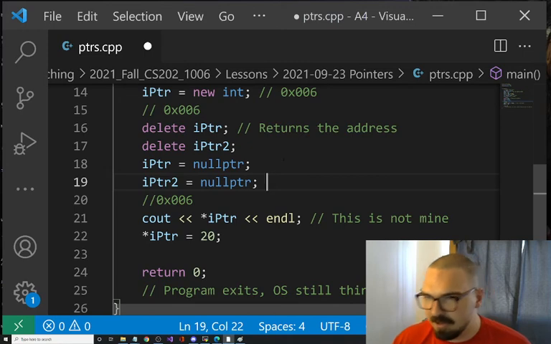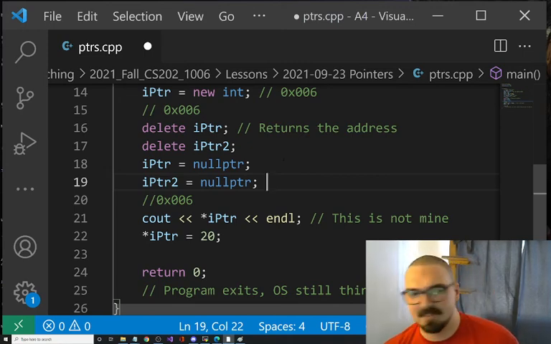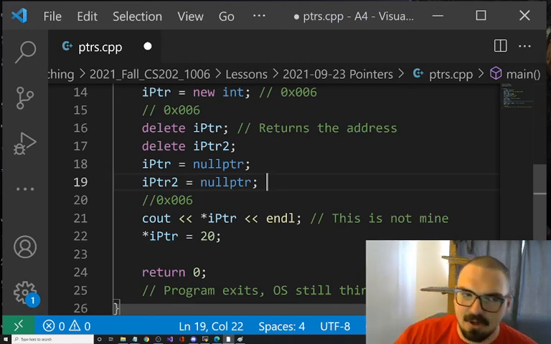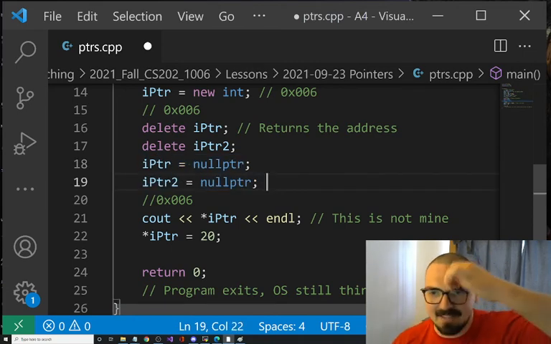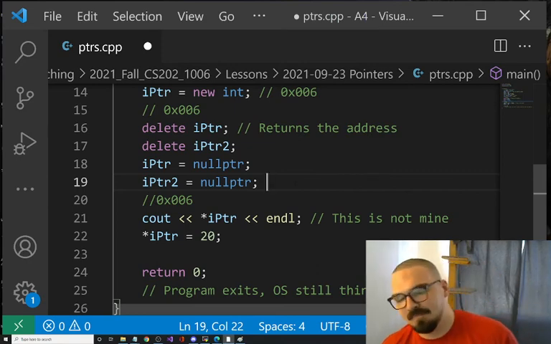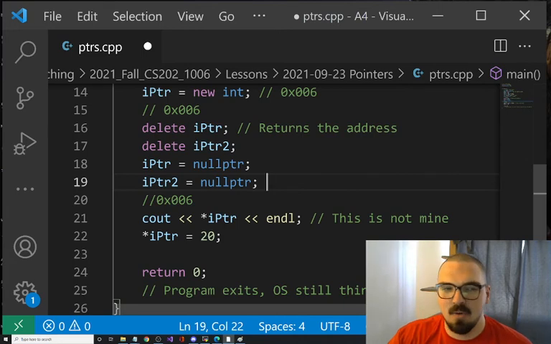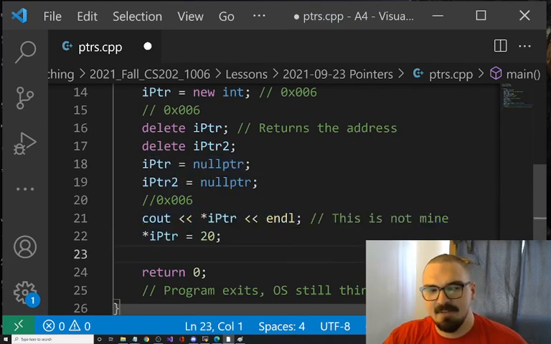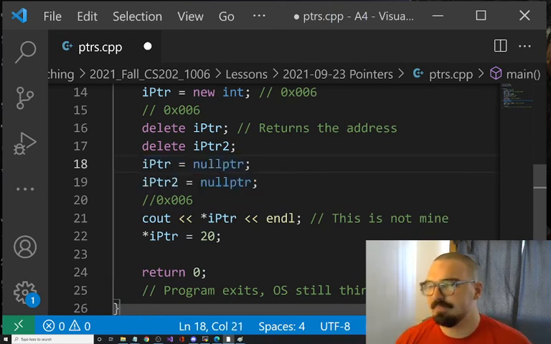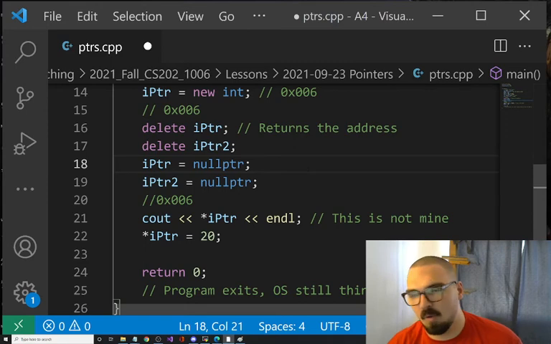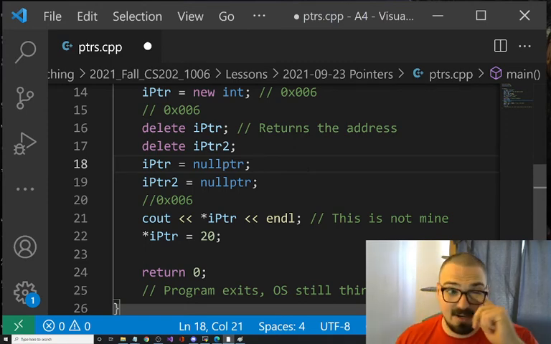which I would much rather have than change my brother's diamond pickaxe to a stone pickaxe, right? I would much rather my program segfault than access memory that's not mine. At least I know now something's wrong with my program and I can go find it. If I don't do this, then the program will just run, and you'll have an illegal access.